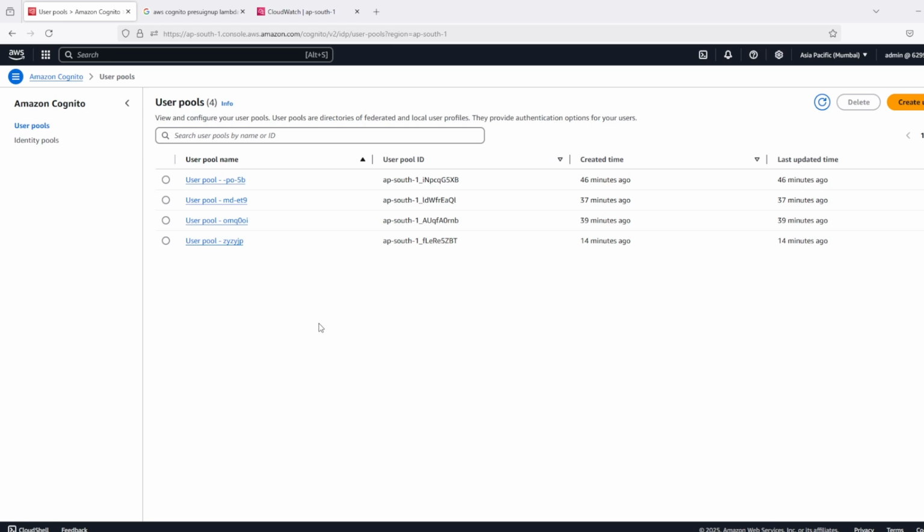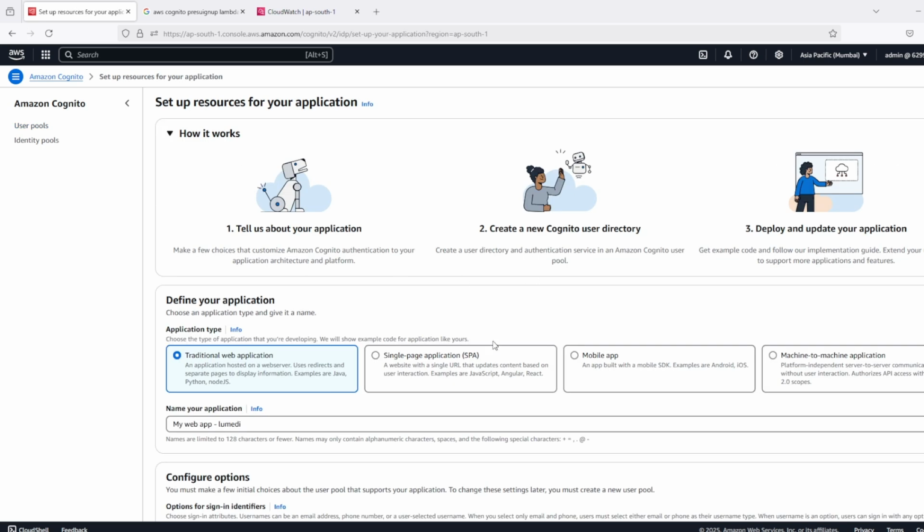Hi everyone. In this video, we will understand how Lambda triggers work with AWS Cognito, and we will use the PreSignUp Lambda trigger to verify the domain name of email during registration. Let's create a user pool